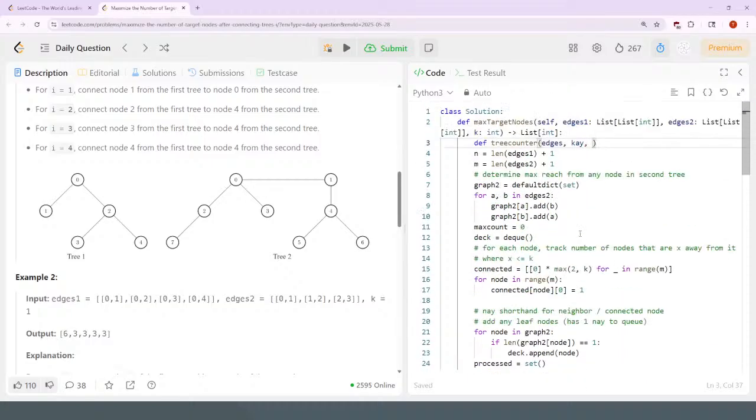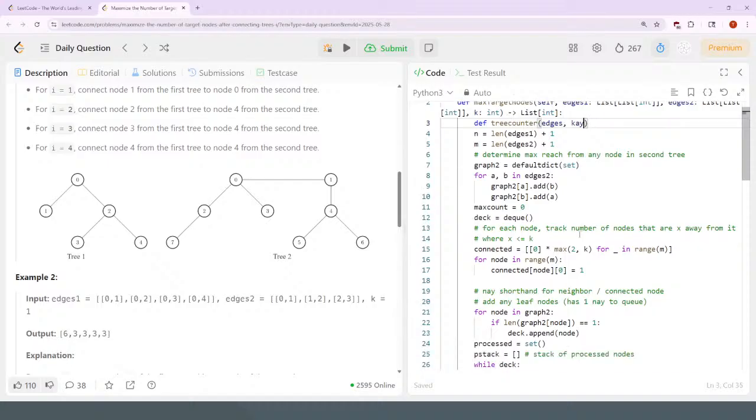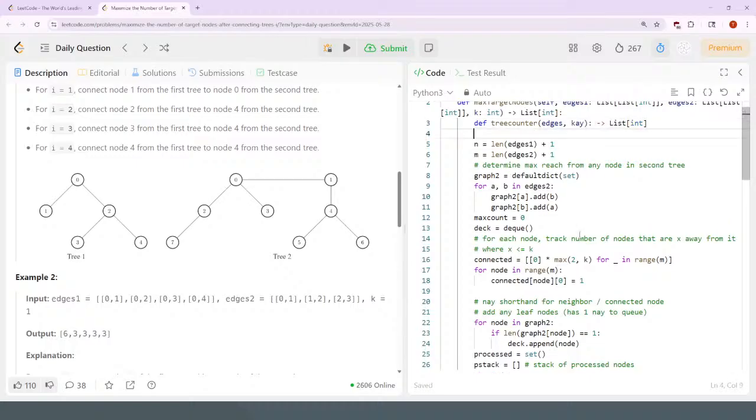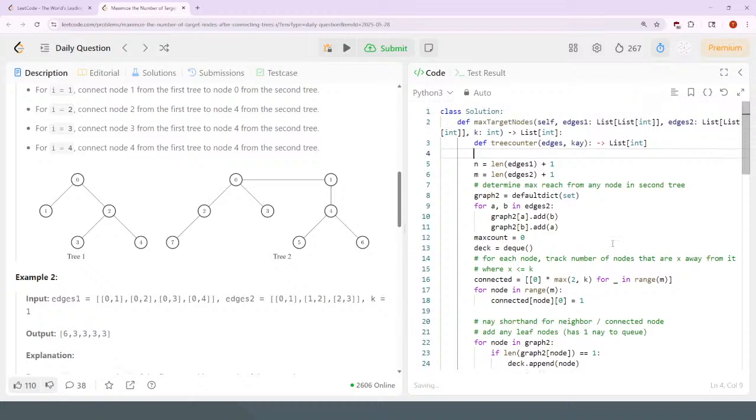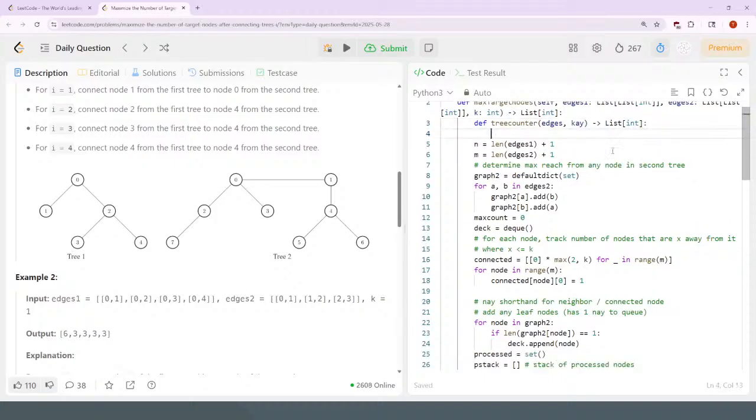We can return just the array. I think we can just return the array. Syntax. Okay, so